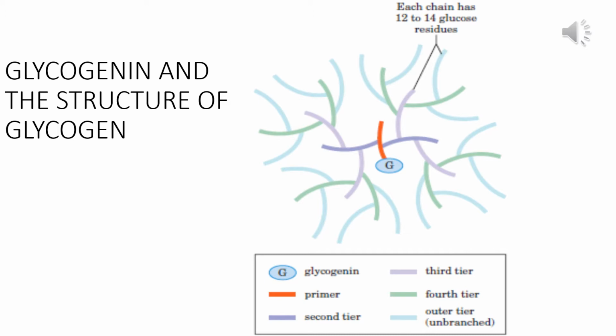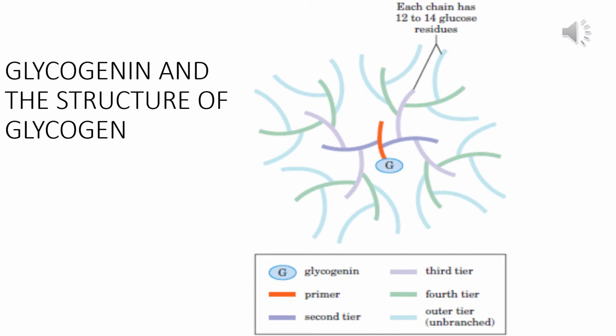And whenever a glucose is added to an existing glycogen molecule, the free end is the non-reducing end, which means carbon number 4. That means carbon number 1, the reducing carbon of the glucose, is added to the existing end of the chain. So always glycogen molecules have only non-reducing ends present. The reducing ends are always engaged in bond formation with the previous sugar molecules.